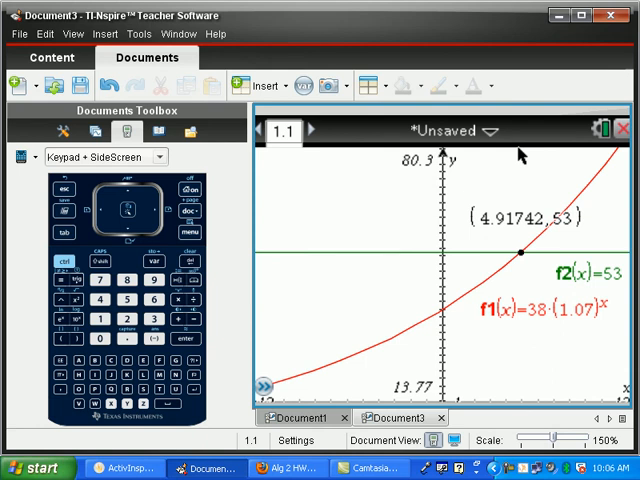So, of course, we can round that up to 5. I'm sure they want us to. The other way you could have done this is you could have used the trace option. So there's the trace, graph trace, and now,